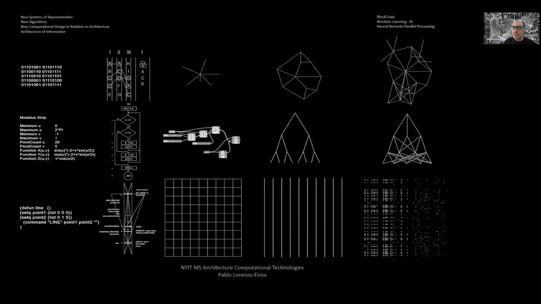We're going to look at different types of algorithms and different types of computational structures. We're going to analyze them, and we're also going to try to displace them in order for the students to create their own systems of representation and their own algorithms. So you're going to be given a base normative algorithm, understanding a certain technology.